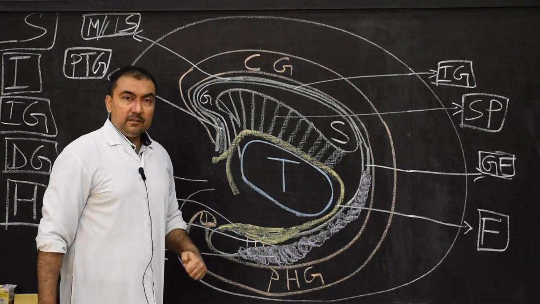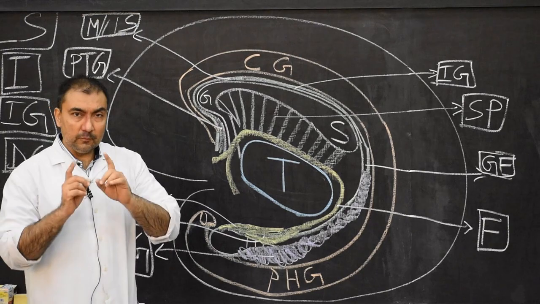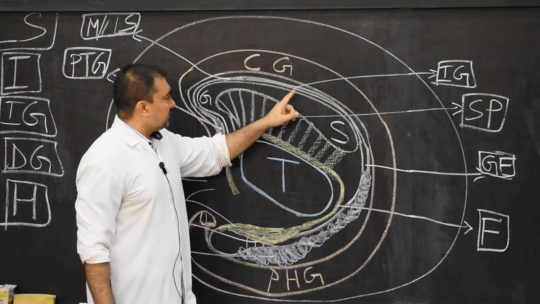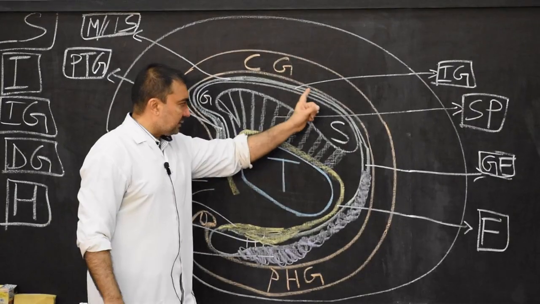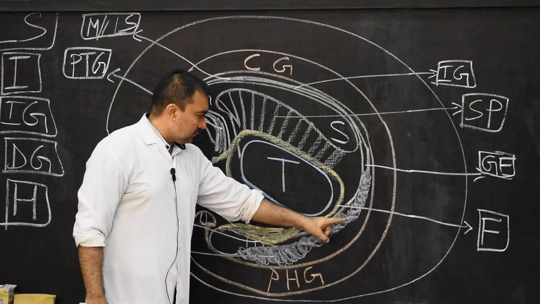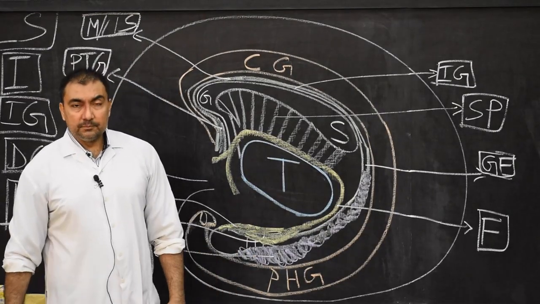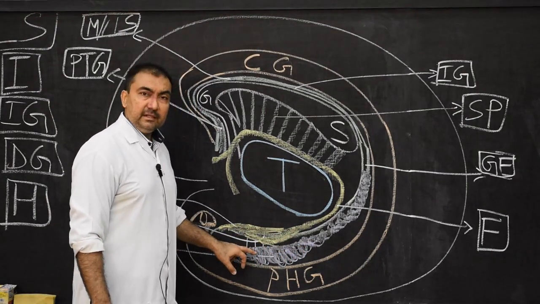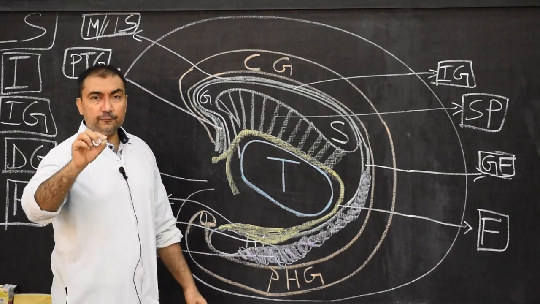Now we come to the second point. Second point is indusium griseum. Once again, this indusium griseum will be the vestigial matter. It will be present on the superior surface of the splenium as well as the body of corpus callosum. Indusium griseum will continue posteriorly as dentate gyrus, where it will curve around, and the dentate gyrus is formed in the temporal lobe. This dentate gyrus will be present in the temporal lobe, and it will serve as the main landmark of hippocampus. This is asked often in MCQs or in 1 mark questions.